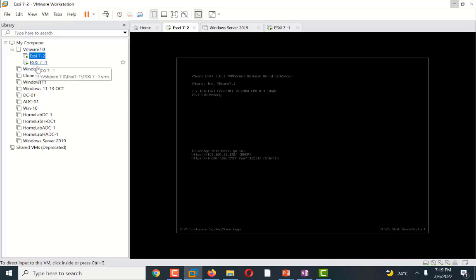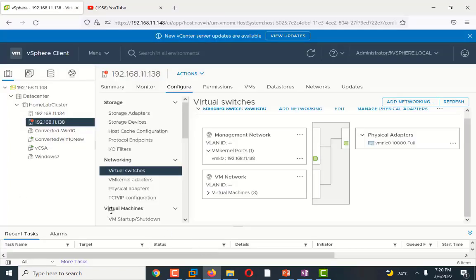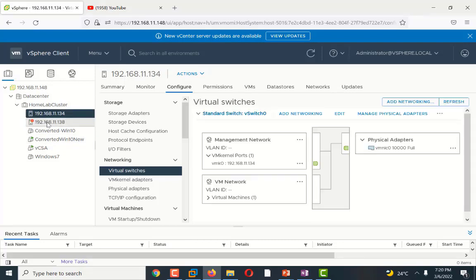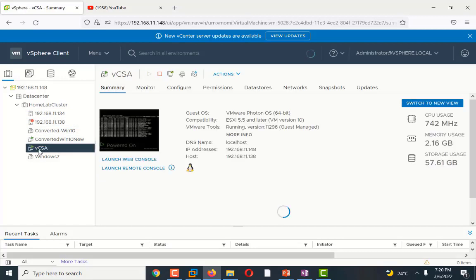So I will launch the vCenter server. As you can see, these are my two ESXi servers, 138 and 134. On 138 I have installed the vCenter server, VCSA, which you can see is running, and on the second server I installed a Windows 7 machine.